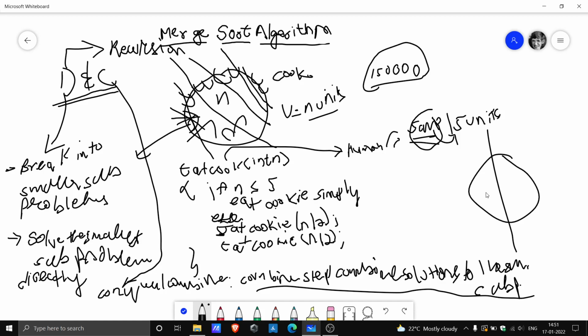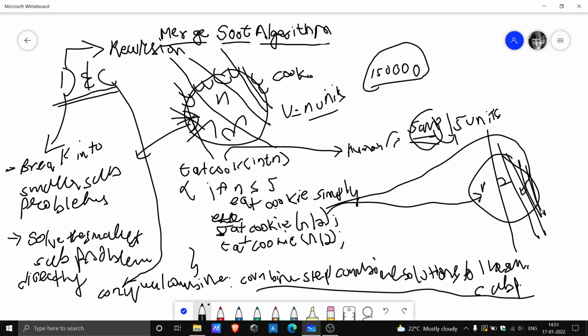We have this cookie, we have broken it into two parts, okay? Eat cookie n by 2. So this is part 1 and this is part 2. Eat cookie n by 2 will correspond to part 1 or part 2, whichever you want, you can make it correspond to that. So eat cookie n by 2 will solve this part. It will solve this problem of eating my cookie. It will make it smaller and smaller and smaller. And eat cookie n by 2, this one will correspond to this, right? That's what our intention is.